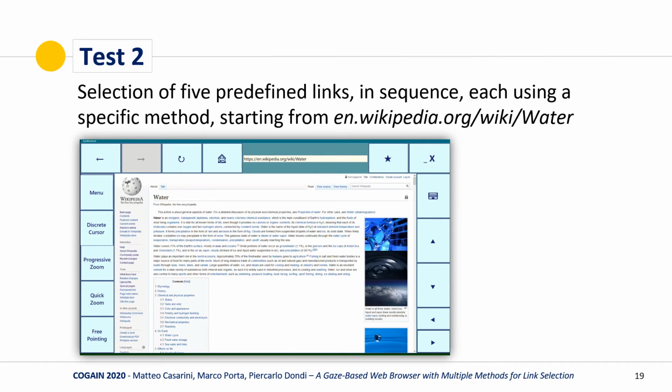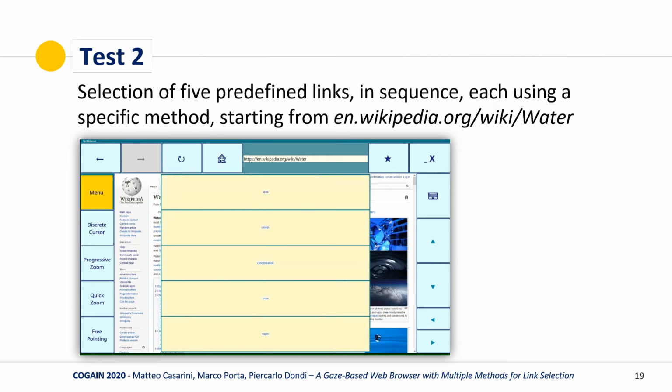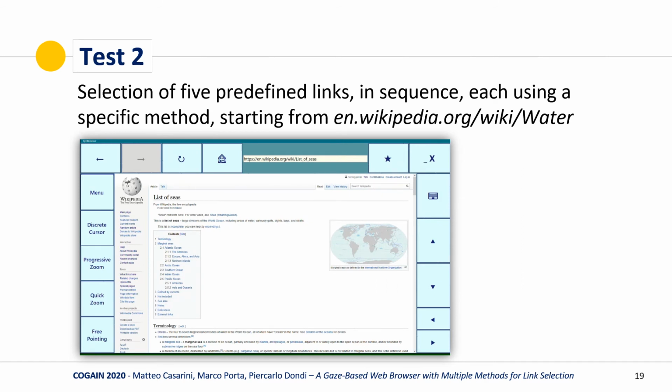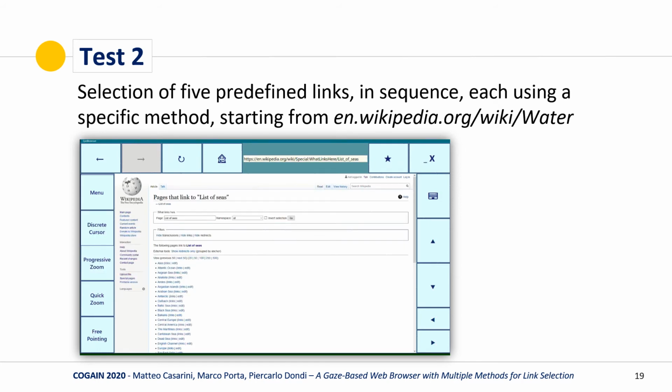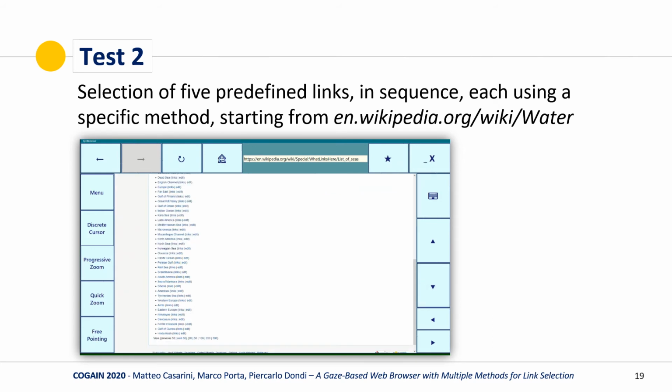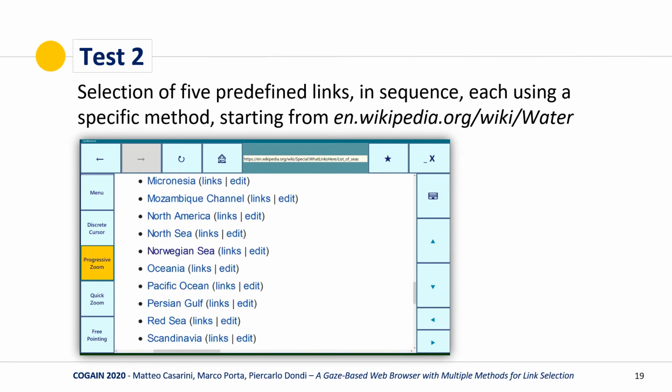In a second test, the participant had to select 5 links, one after the other, using each time a specific method. The start page was the Wikipedia page on water. And here is an example. So the user starts with the menu method to select a first link. Then once the target page has been reached, the discrete cursor to select another link. Of course, the links to be selected were given explicitly to the participant, then the progressive zoom,